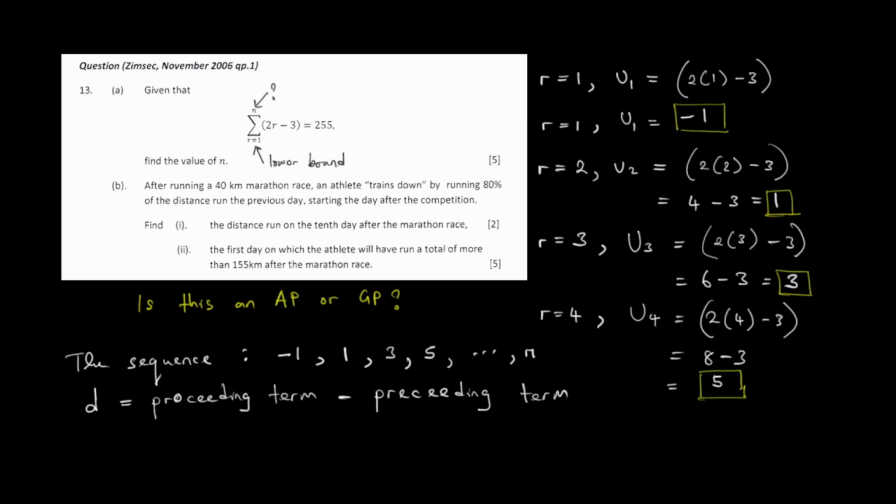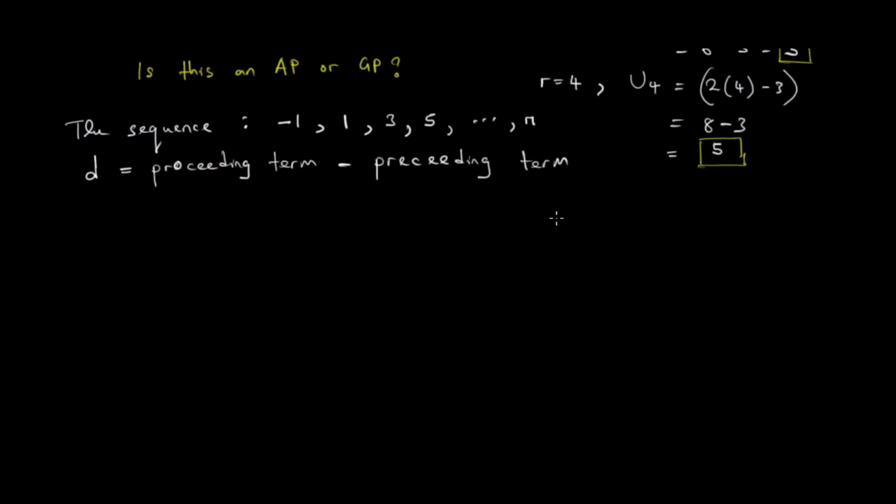Saka tikada kuita elaborate upon this, tenge kuti d iri equal to 1 minus minus 1 which is equal to 2 panapa. Tikati 3 minus 1 tinoona futi 2, 5 minus 3 tinoona futi 2. Saka can we see kuti this is an arithmetic progression? Therefore the sequence